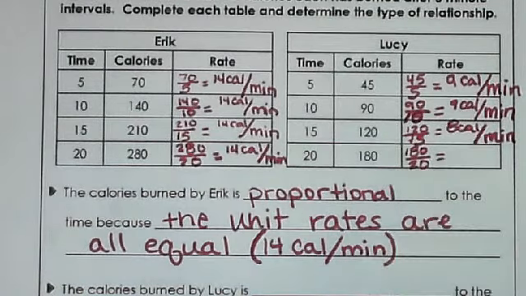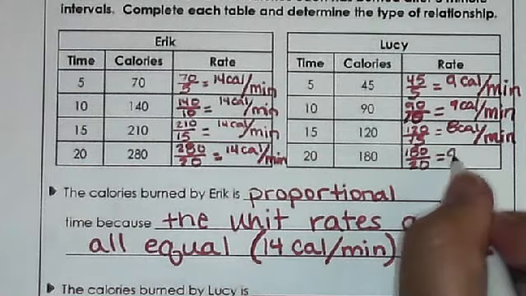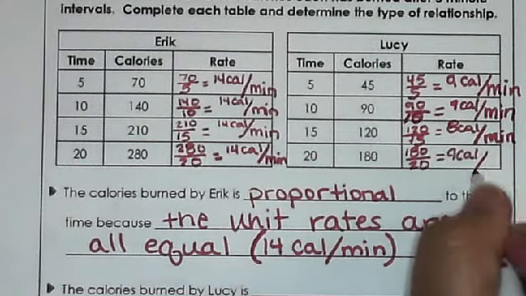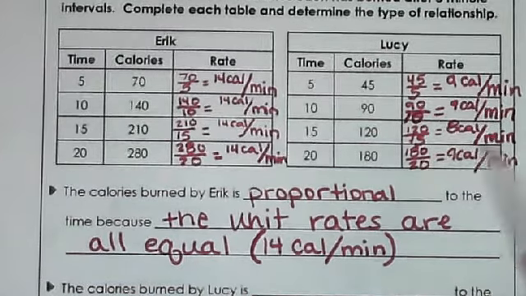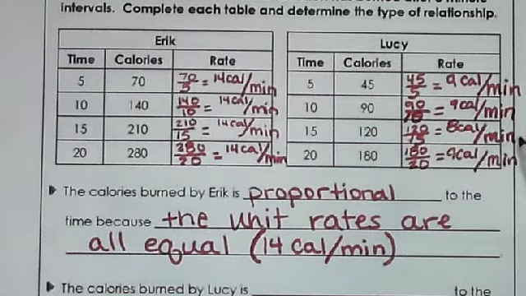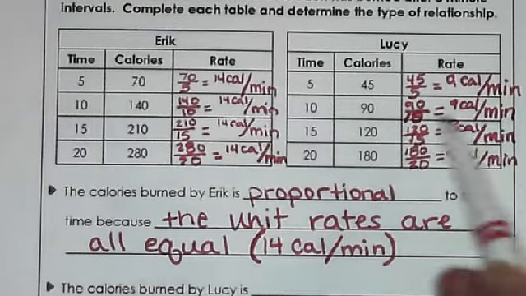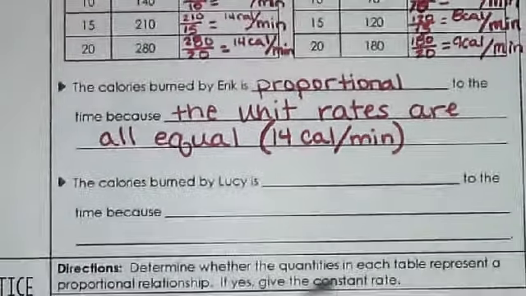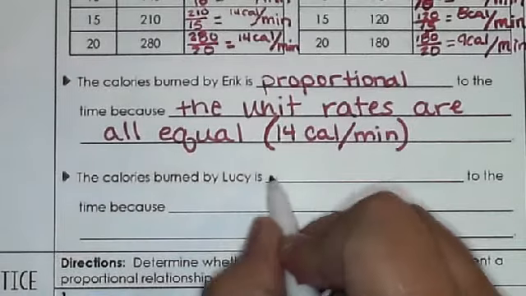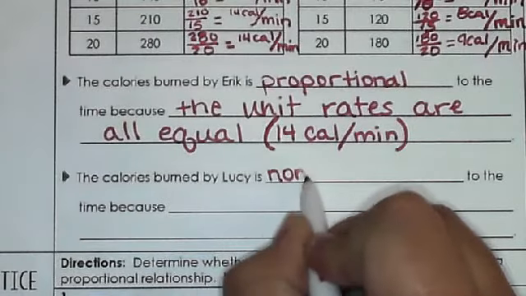What's 180 over 20 equal? Okay, so the only one that's different is that 15-minute increment. She burned just a little bit less calories. Maybe she lowered the intensity on the treadmill. Maybe she had to walk a little bit. Okay, but because of that one section, the calories burned by Lucy is non-proportional